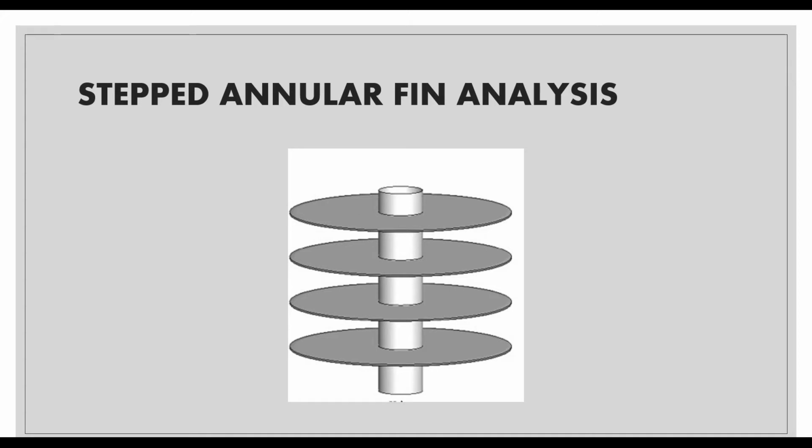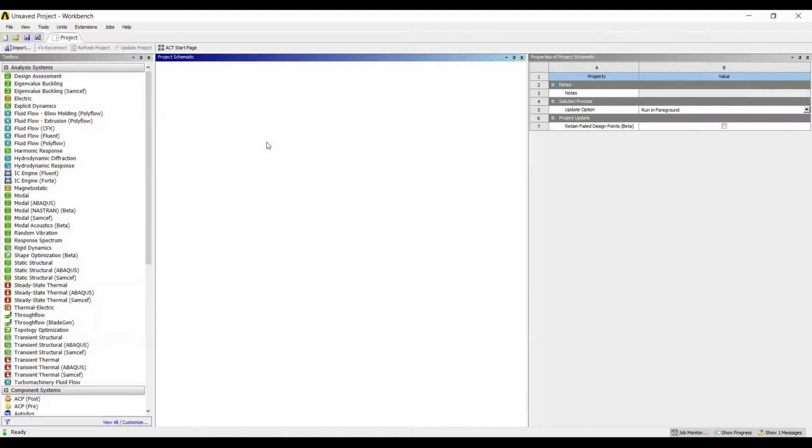As you can see, if you have more number of fins, then the cross section area increases. So the amount of heat transferred from the vertical cylinder to the environment will be more as compared to a simple annular disc fin. Today I am going to make use of a hollow cylinder, and then there'll be 4 discs as you can see in the figure. So let's get started with ANSYS now.